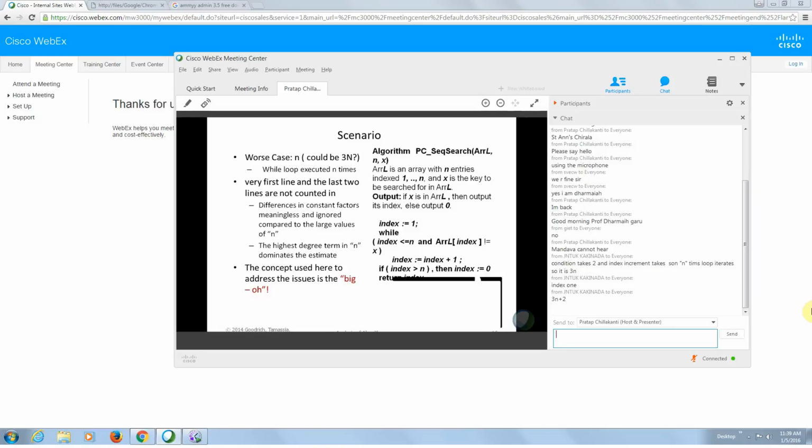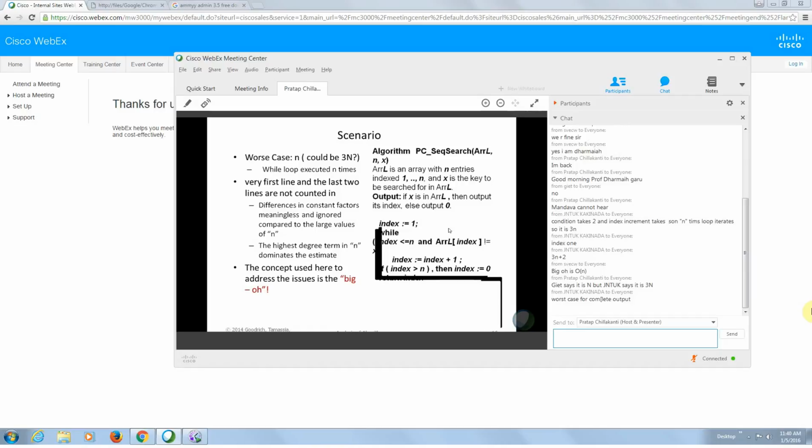Sorry, the dogs are barking, somebody came outside. Guide says it is n, but Jntuk says it is 3n. Now, isn't it interesting